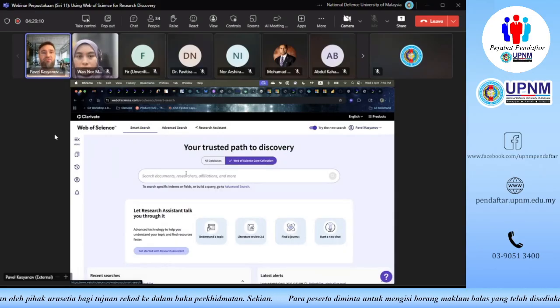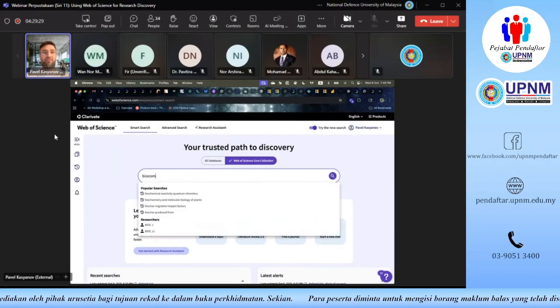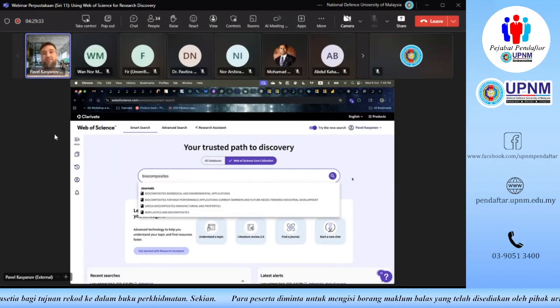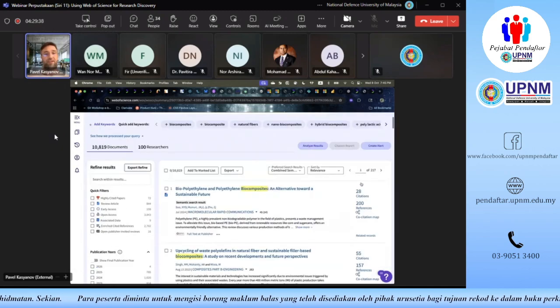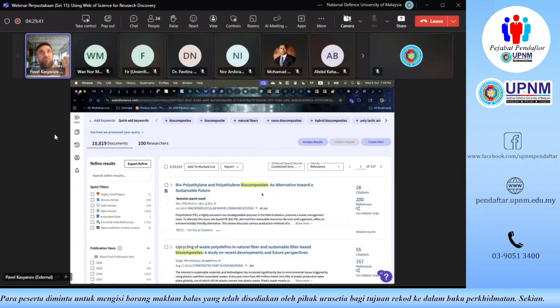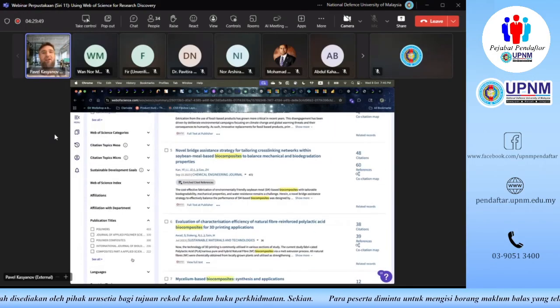The smart search is basically the thing that we can use to search for basically anything. It's going to use GenAI capabilities to interpret the search query, and it's going to give us the results. So we can try to search, for example, for the topic of biocomposites. It's going to run the topical search for us. It might also search for all the documents that were published in the journal, if such a journal of biocomposites exists. So that's how it works. It's very convenient and very fast.